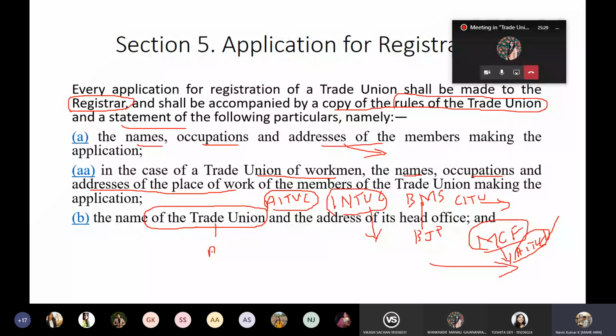But here you need to name the union, whatever name. Suppose today you want to name your union ABC union. You should name it and submit it before a registrar. That's it. But one of the conditions here while naming your union is that it should not resemble